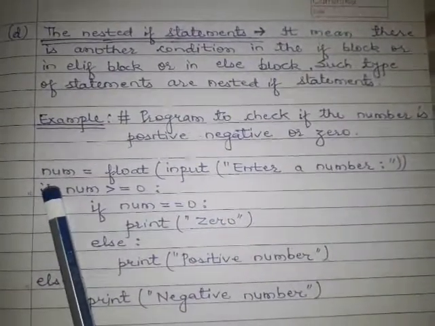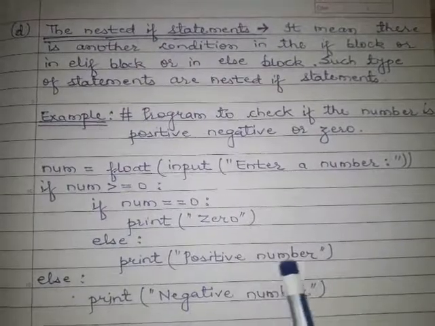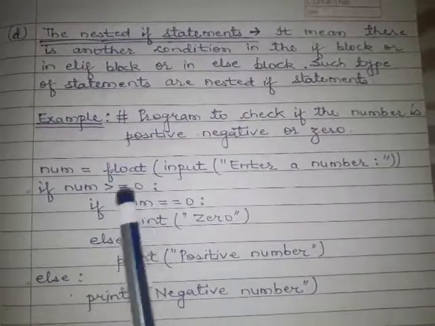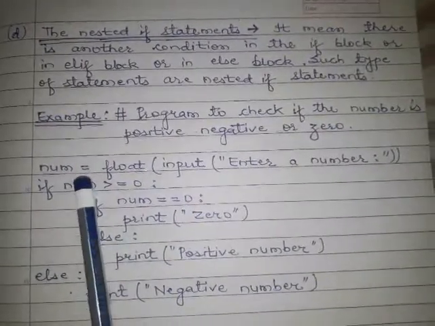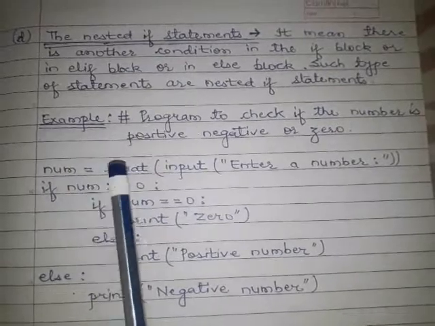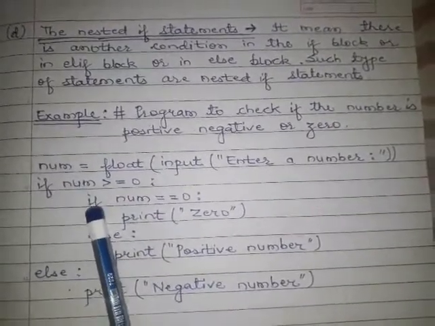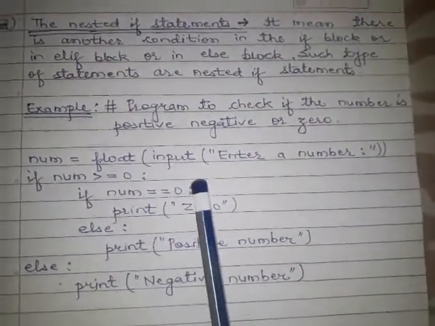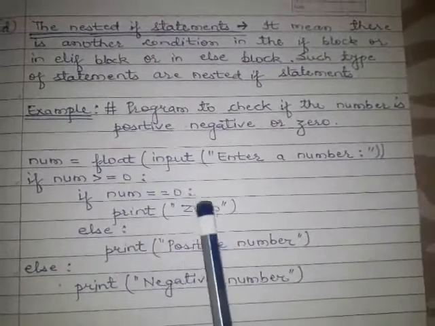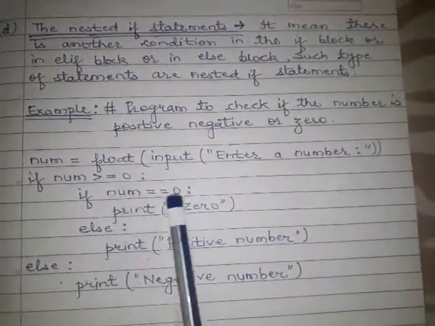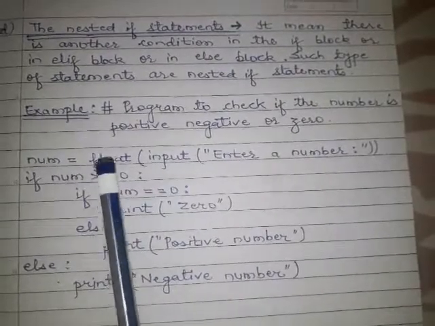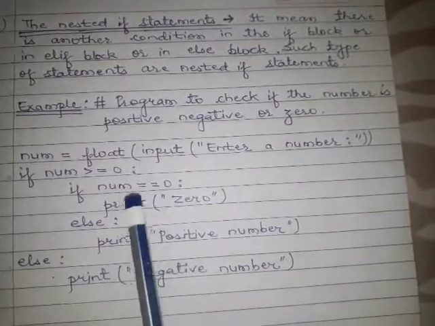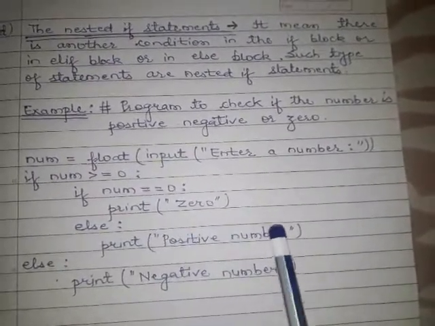Now in this if block we have written all these statements, because all these are written with some indentation in this if block. In this if block, if this condition is true, it means the number is 0 or greater than 0. Then I will check another thing: is the number equal to 0? Is the number 0? If this is true, then print 0. If this is false, it means the number is not 0 but positive. That's why we have entered this section. Else print positive number.